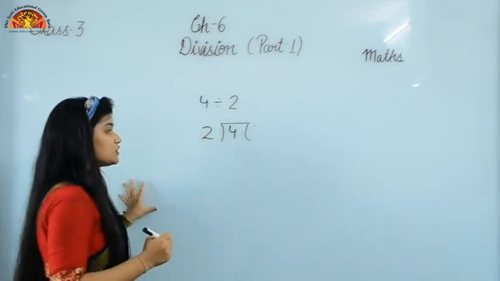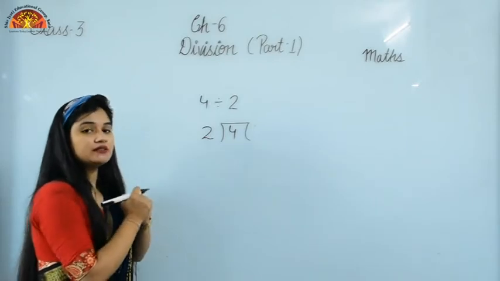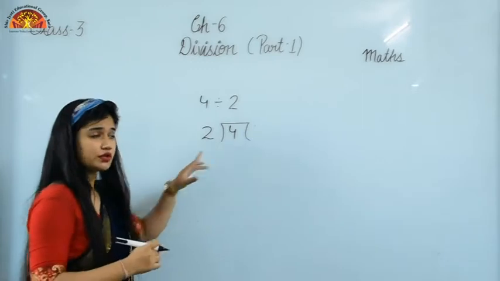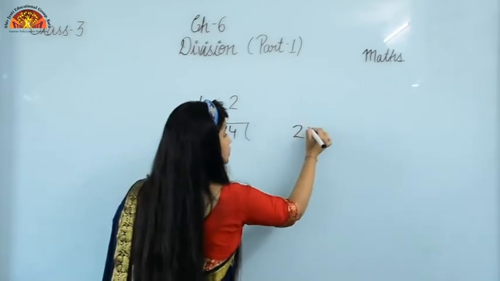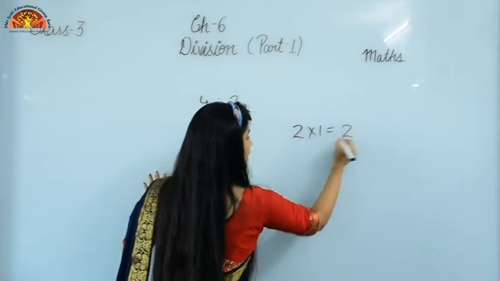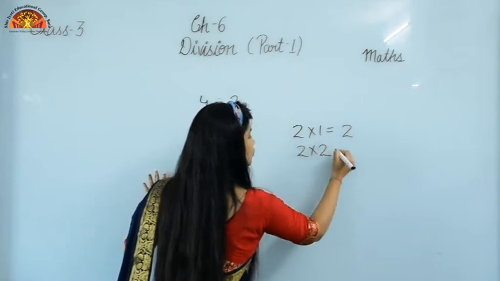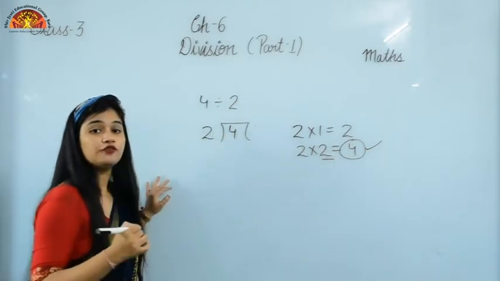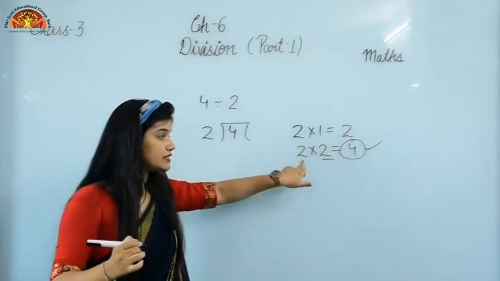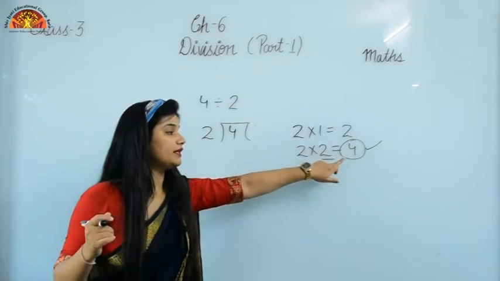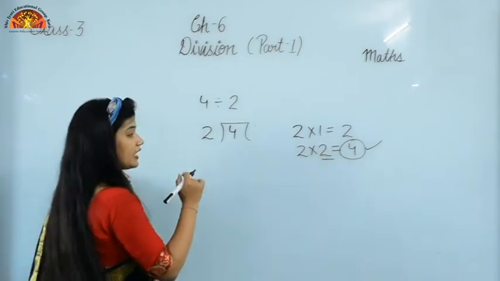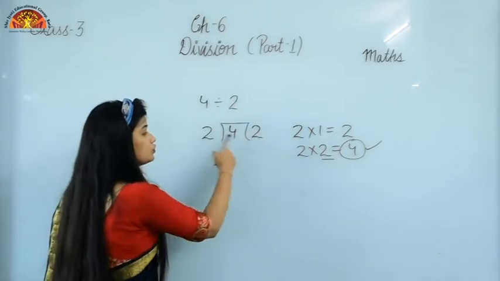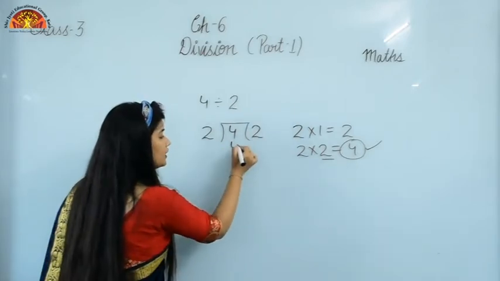Is it clear? So now हमें 2 का टेबल इतने टाइम बोलना है स्टूडेंट्स कि हमें या तो 4 मिल जाए या 4 से कोई छोटा नंबर मिल जाए. So now 2 ones are 2 and 2 twos are 4. So students, you can see here 2 times you are getting 4. आप अगर 2 का टेबल 2 टाइम बोलोगे then you will get the result 4. So how many times we are getting 4? 2 times. So 2 will come here because 2 twos are 4 and 4 will write here.